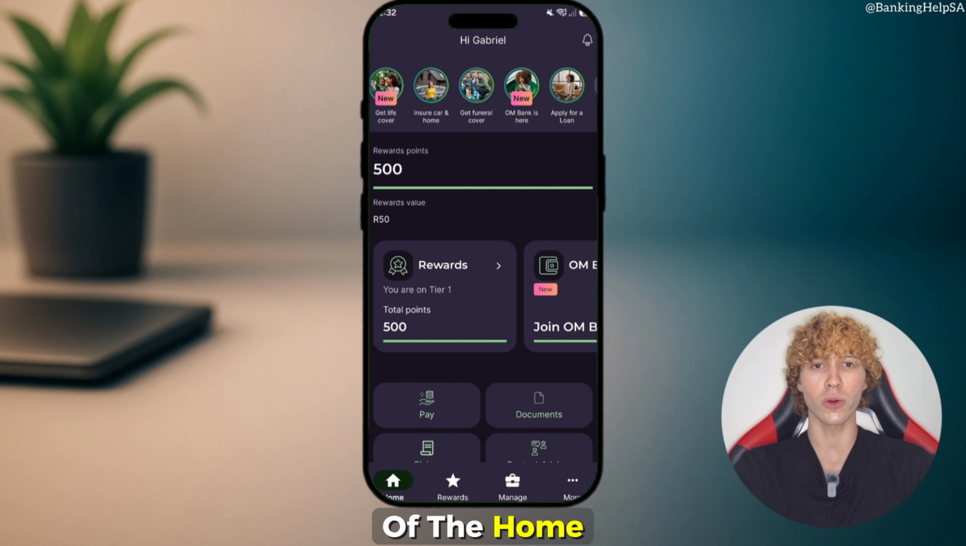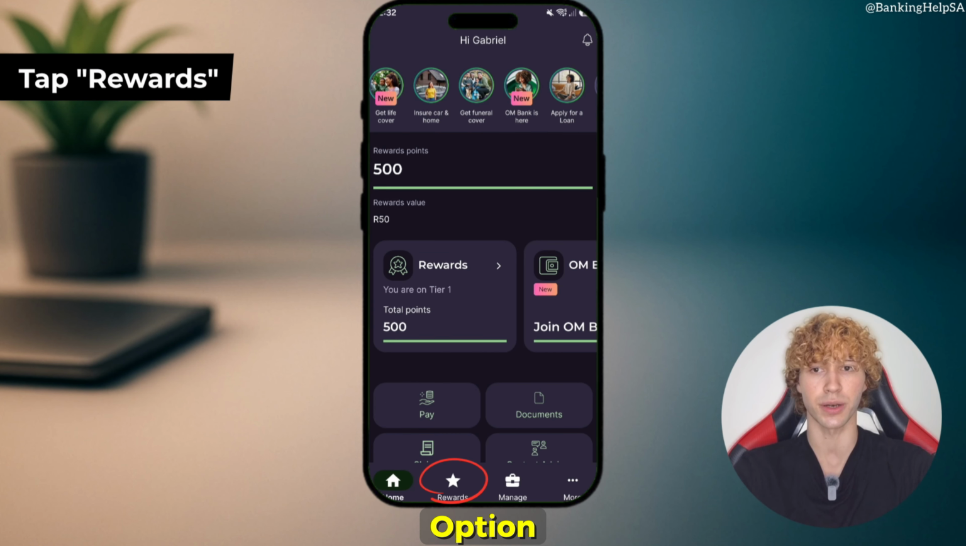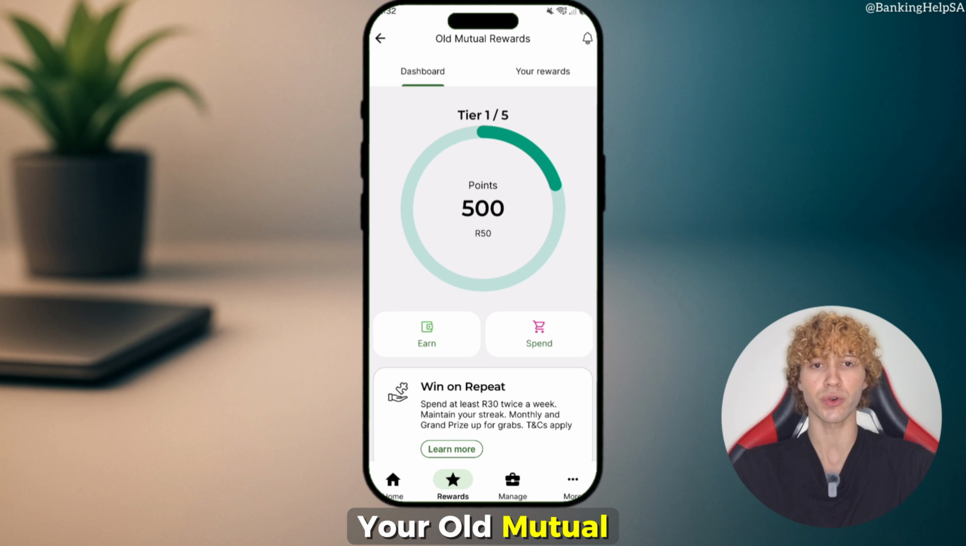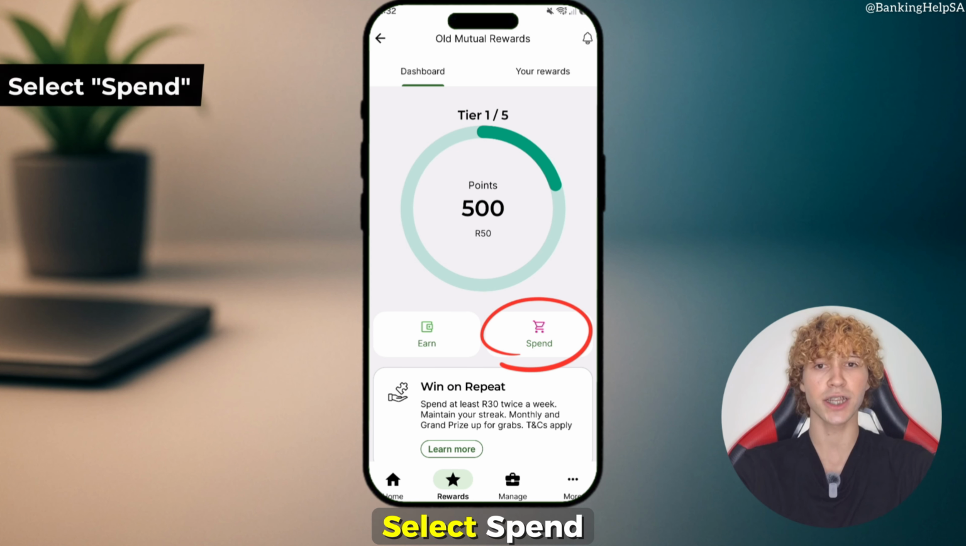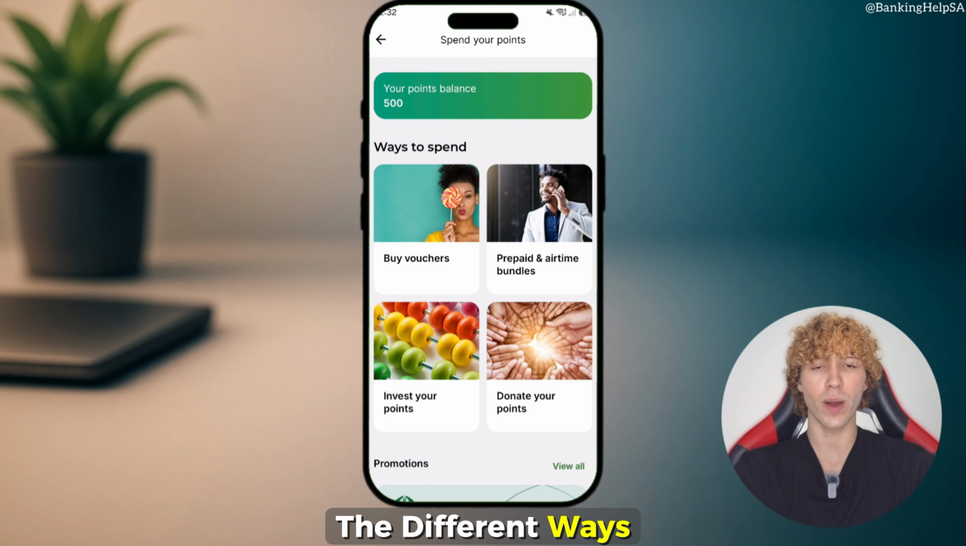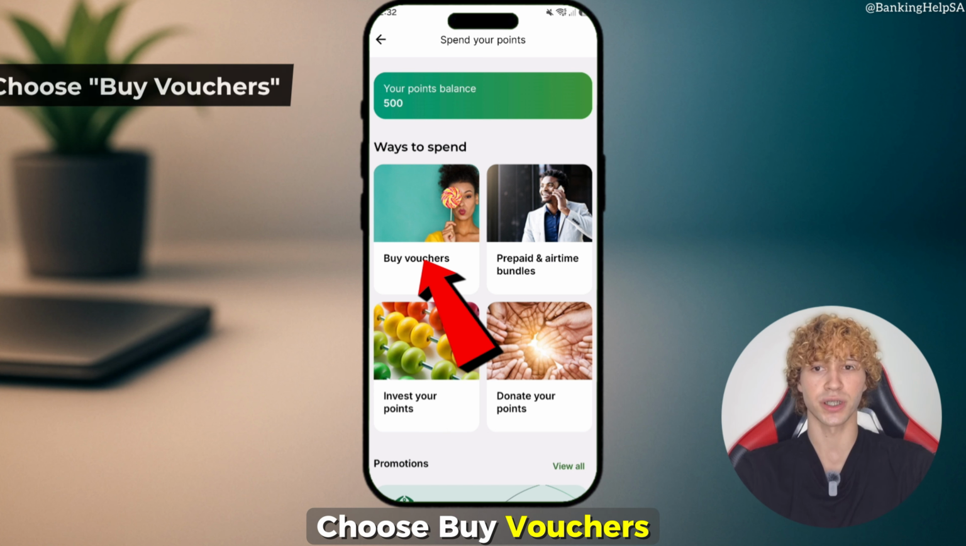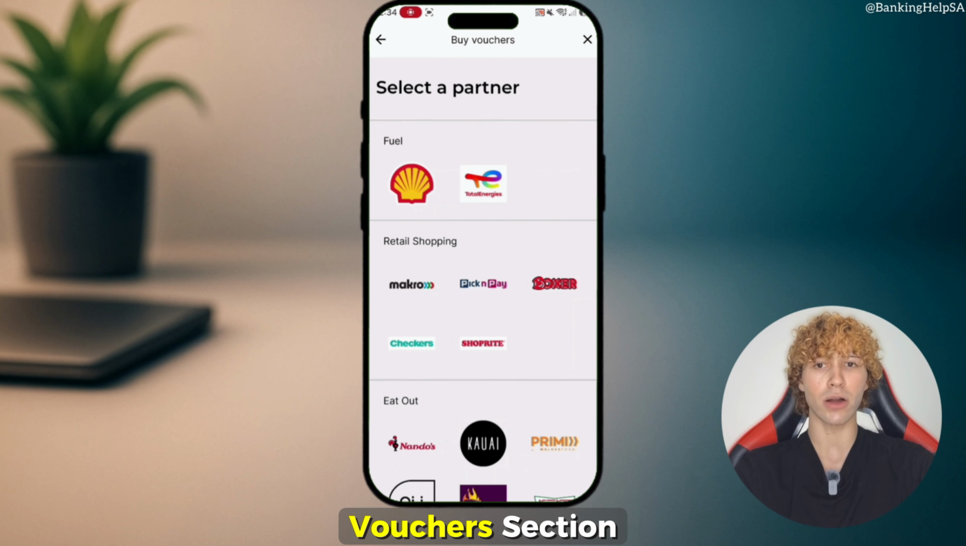From the bottom of the home screen, tap the Rewards option. This will open your Old Mutual Rewards dashboard. Select Spend. You'll now see the different ways that you can use your rewards points. Choose Buy Vouchers. You'll be taken to the Buy Vouchers section where you can decide on the type of voucher